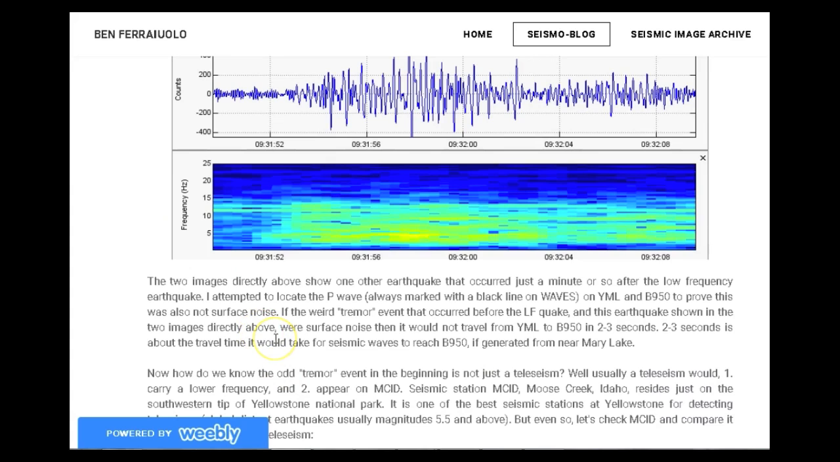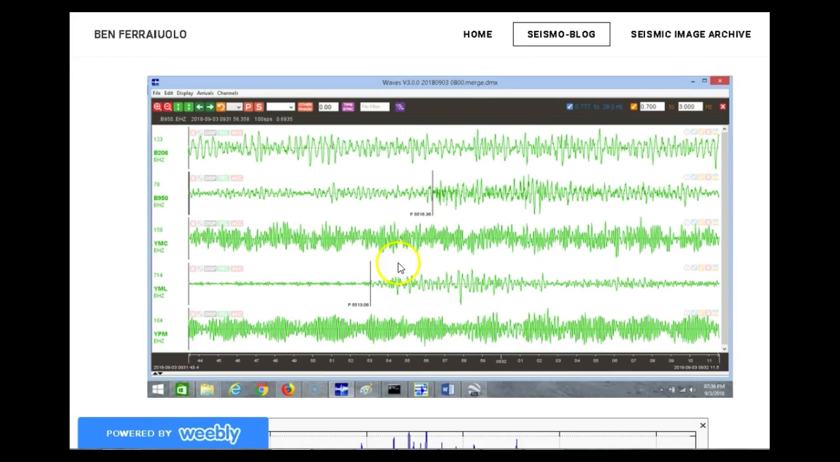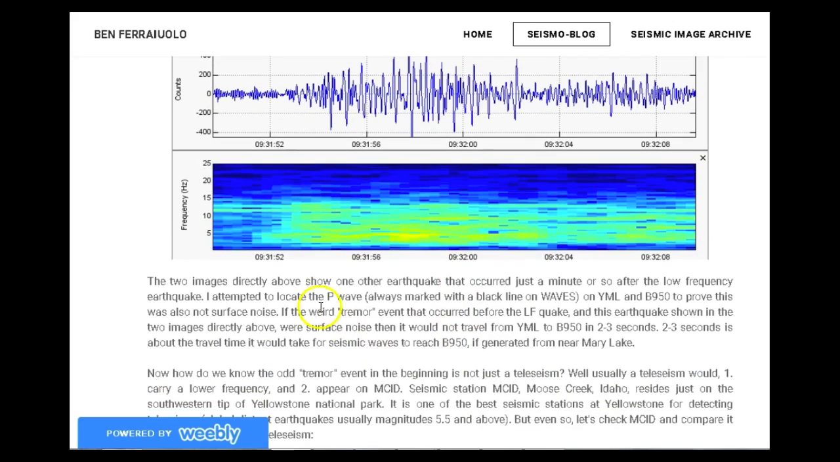The two images directly above show one other earthquake that occurred just a minute or so after the low-frequency earthquake. I attempted to locate the P wave, always marked with a black line on waves. I attempted to locate the P wave on YML and B950 to prove this was also not surface noise. If this weird, quote-unquote, tremor event that occurred before the low-frequency earthquake and this earthquake shown in the two images